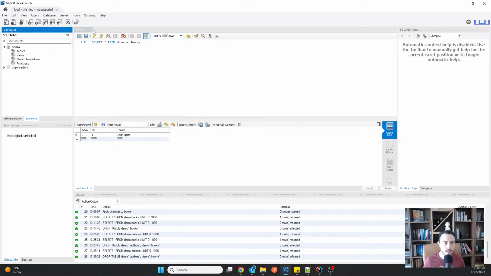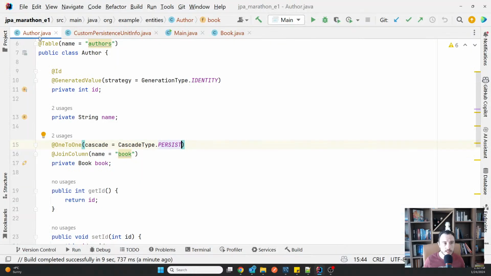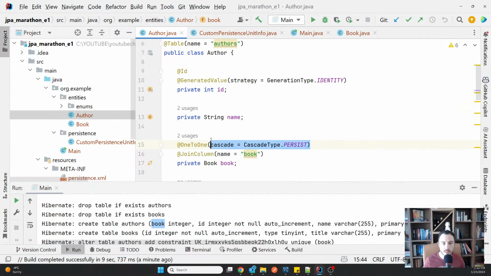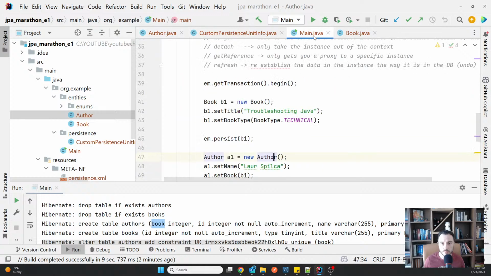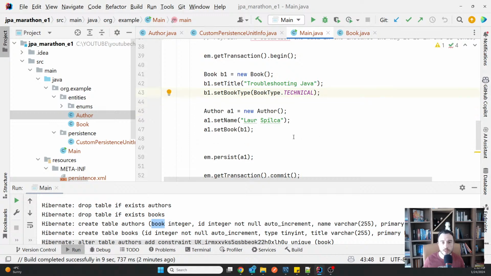And it's like starting the example from the very beginning, so that you see that what I'm doing here really has the expected result. If I'm using the cascade here, it's enough to persist the author, and then automatically the book, which is its relationship that has been marked with the cascade type, will as well be applied with that operation. So in my case, I don't need to persist the book anymore, because I know it will automatically be persisted here, because the persist operation is cascaded.